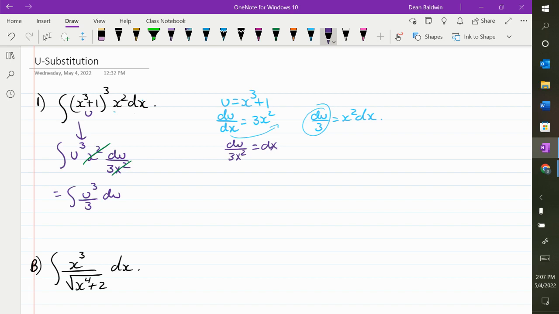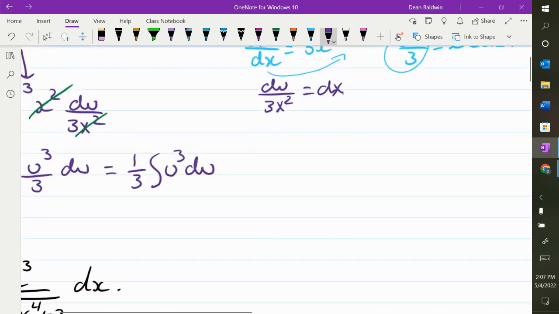Okay. The 1/3 you can pull out because we don't really need that. And then we have the integral of u cubed. All right. How do you do that integral? How do you do the antiderivative of u cubed? You just do it. Okay, how do you do it? There you go. So you just add 1 to the exponent and divide by the new exponent. So I get